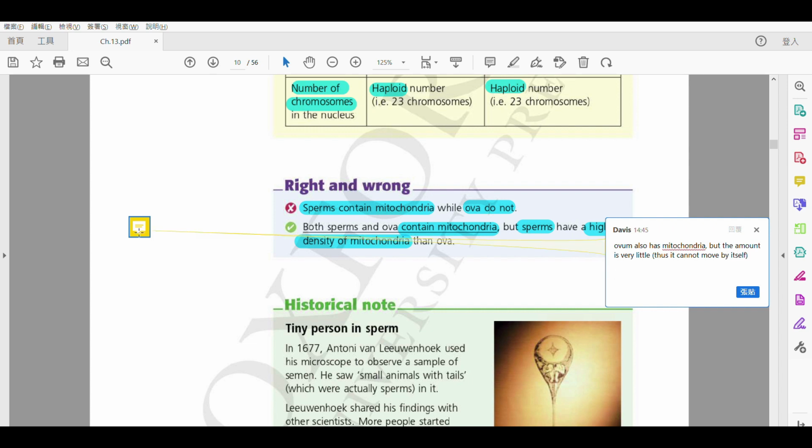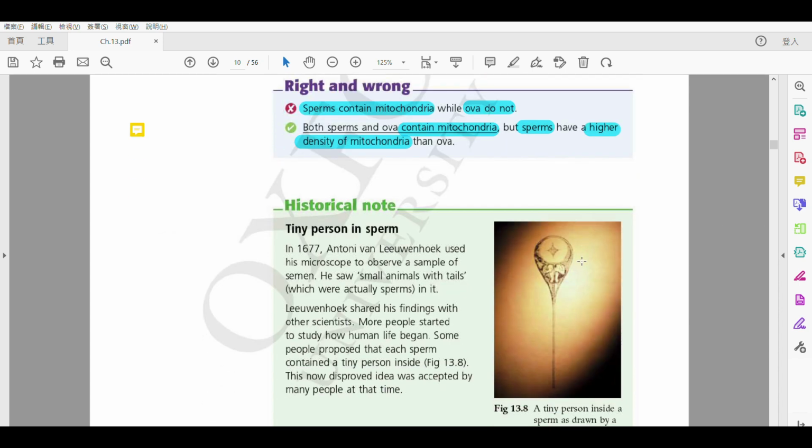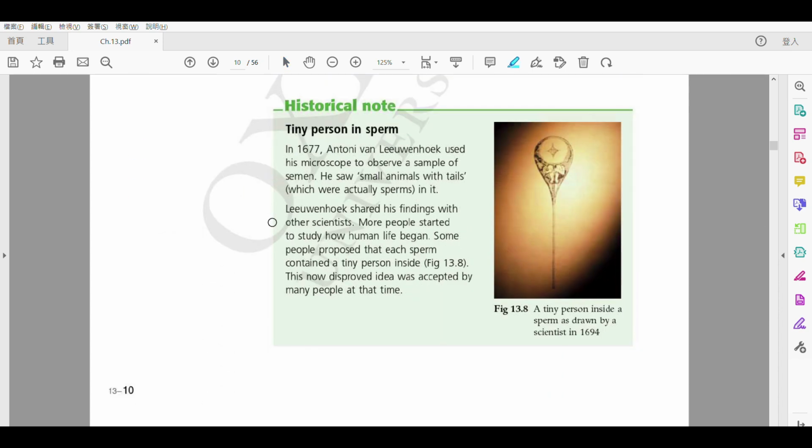Okay? One more word I wish you to know，我想你去學嘅就係一個叫做 mobility 嘅字。Mobility means the ability to move. 得唔得？So sometimes we will say that, okay, for example, we will say that ovum has no mobility. You may also see this word. OK，好啦，咁然後，let's continue。